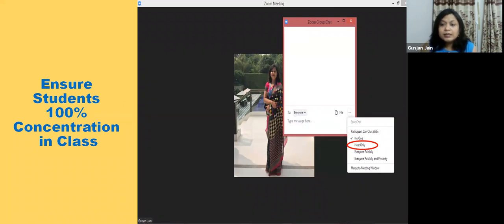Okay. Then next is host only. If you click on host only, they will not be able to chat with everyone. Okay, they will be able to chat only with the host. So this is the best setting that I would suggest that you should keep in your class, that chatting should be between the student and the host only. Okay, any abusive words, if anything is posted on everyone publicly, it becomes an issue. But if it is on host only, only you can see it and you can check on that particular student privately. And if you click on no one, then there can be absolutely no chatting in your class, not even with you and not even with the other participants, other students.